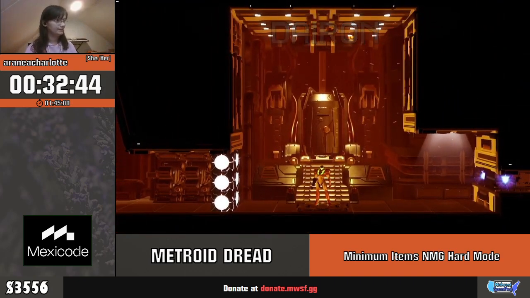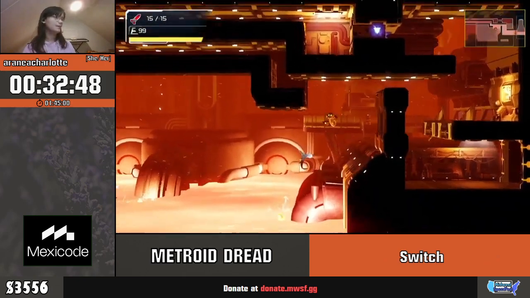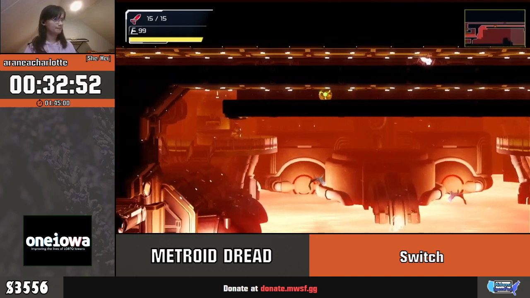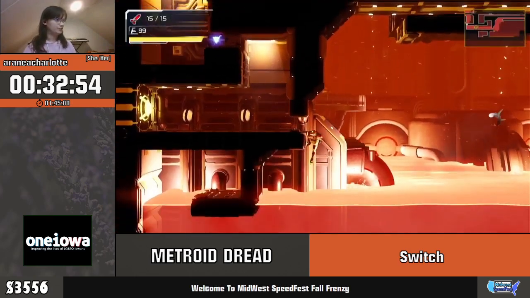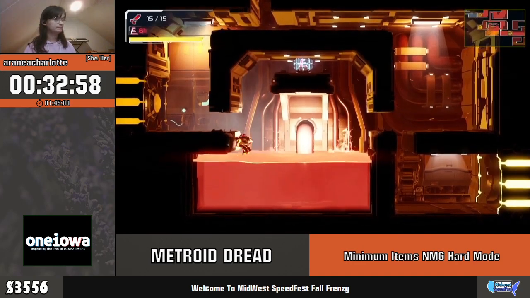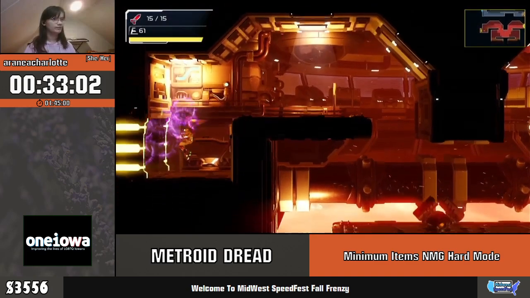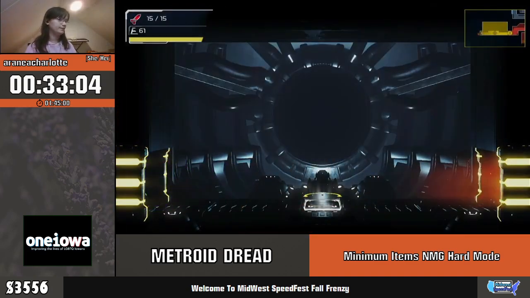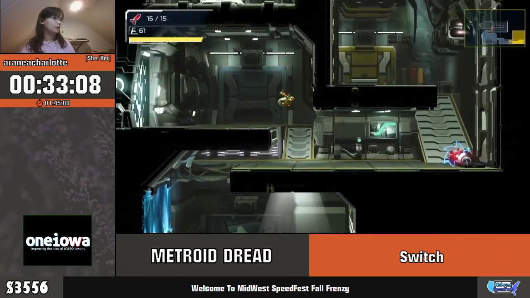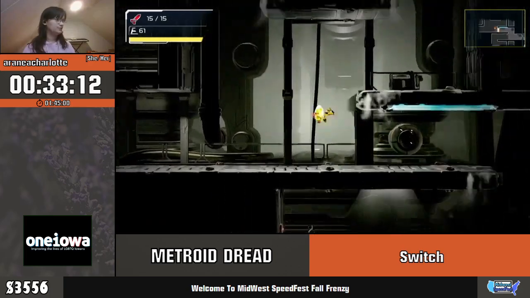So we're stuck taking the long way to Screw Attack. Which I'm honestly fine with. I think Screw Attack kind of trivializes a lot of combat in this game. This is really a challenge run category if you think about it. Like I said, the damage from environmental factors like lava doesn't change with difficulty, so